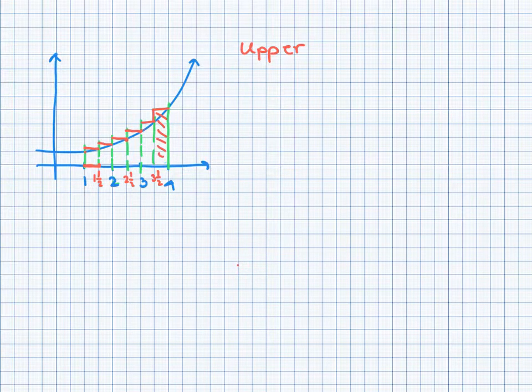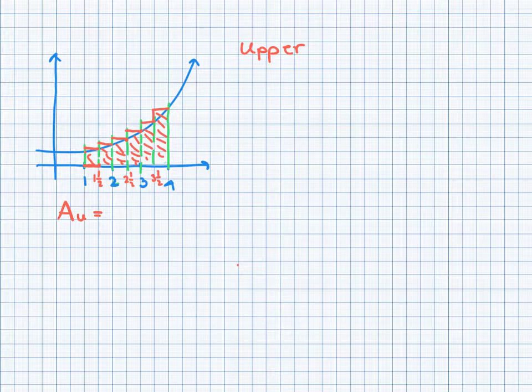Now we have all these rectangles, and let's calculate those areas. Area upper is equal to, now the same thing is going to happen, so if I move a little bit so I have more space. Okay, I'm going to go from here. Area upper,